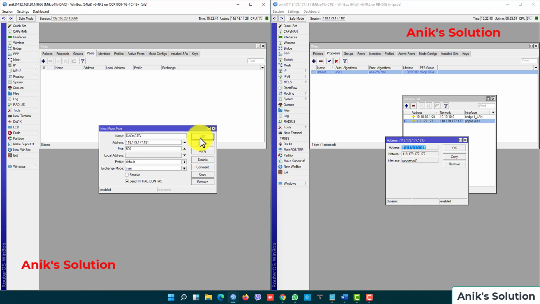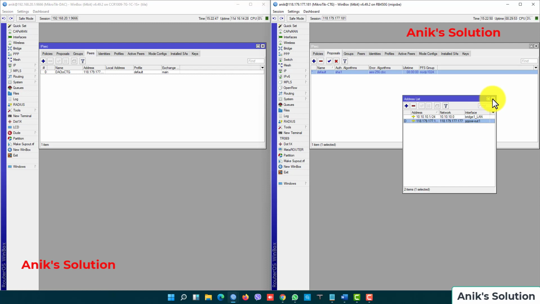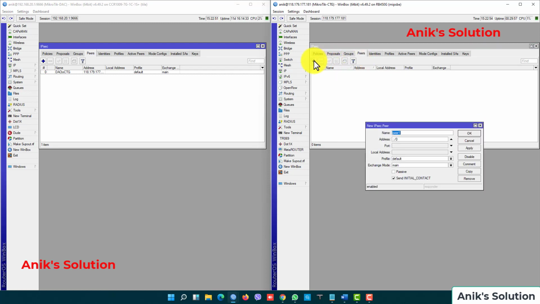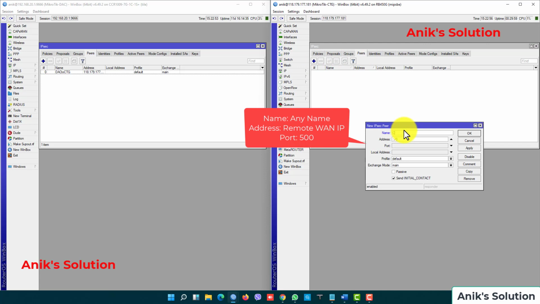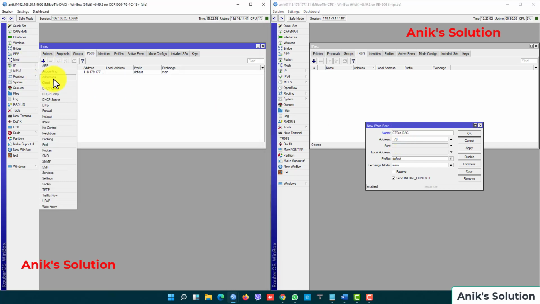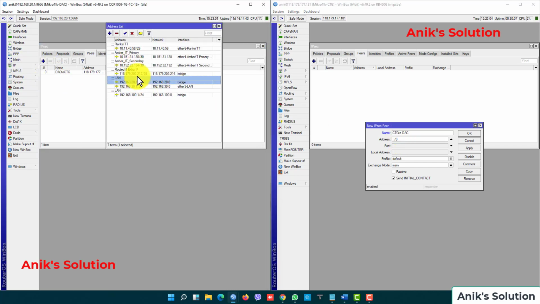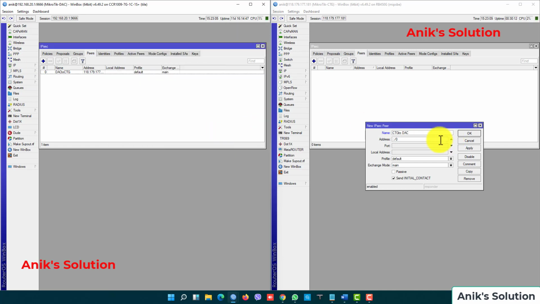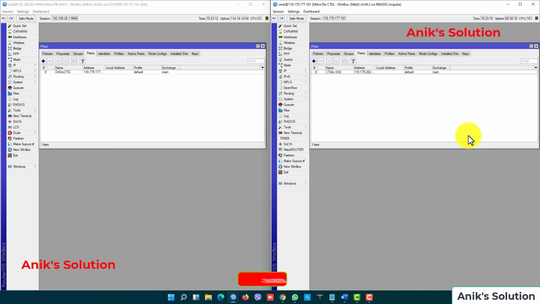Okay, now we also create a peer, with name CTG to DAC, and here the IP address is my Dhaka IP address. My IP is given and port is 500, then apply and okay.